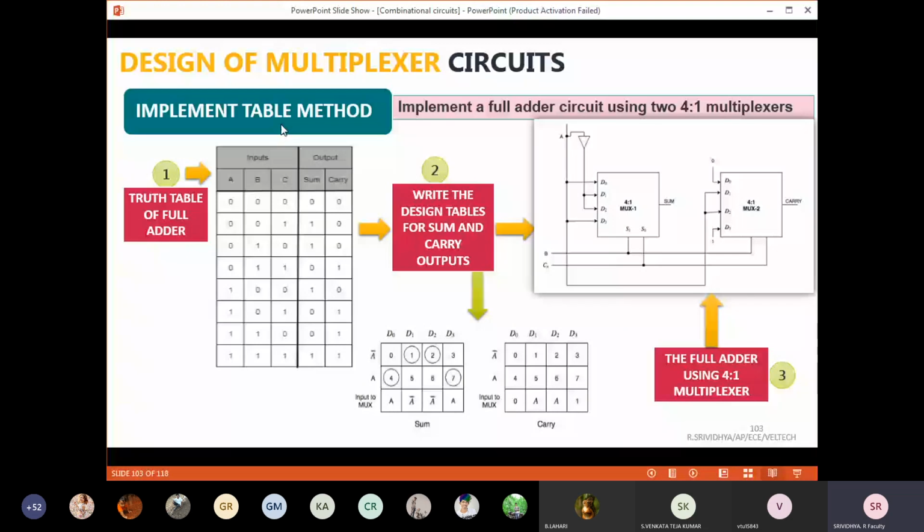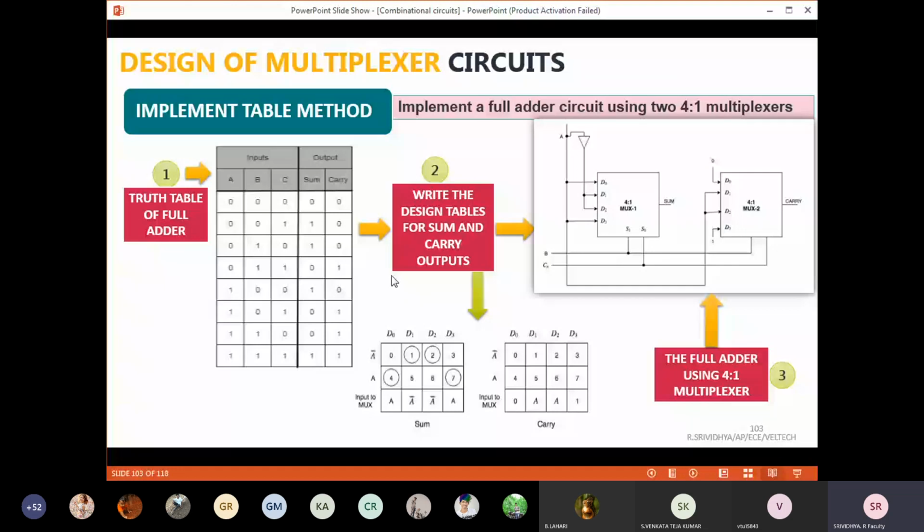Okay, so now the truth table for the full adder. This is not something new to you all. You all know how to write the sum. You all know how to write the carry. All this is your first step. And the second step in this problem, they have directly given you what to be done. They itself told you all you should do with 2 4:1 multiplexers. So for that, what you're going to do is you're going to form